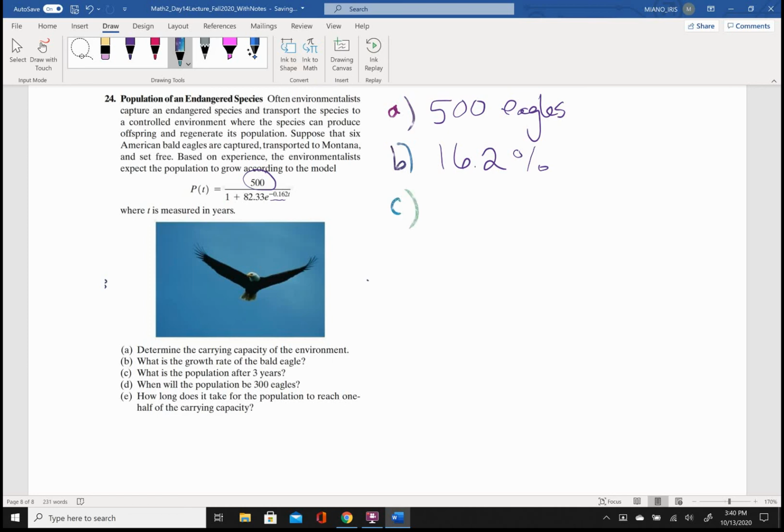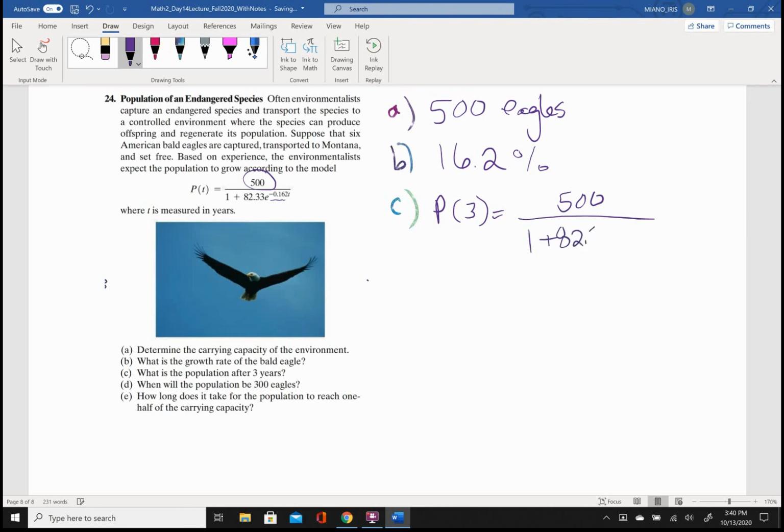What is the population after 3 years? Well, that's precisely what this function models. So let's take P and plug in 3. The way it'll look is you'll have 500 on top. Just copy everything down